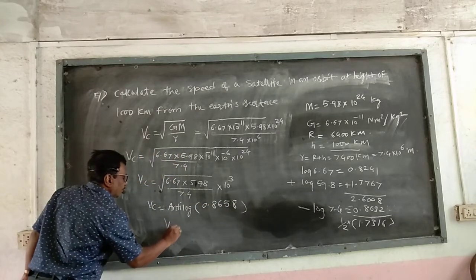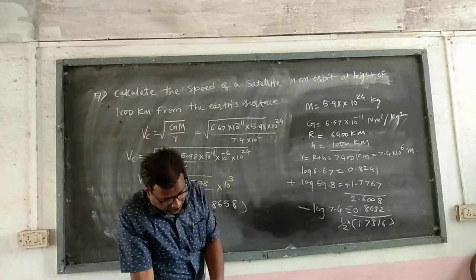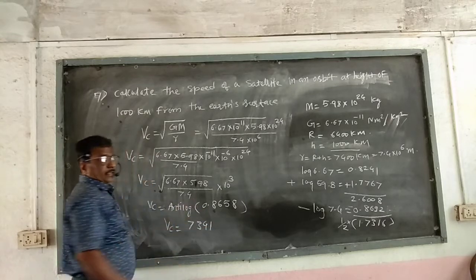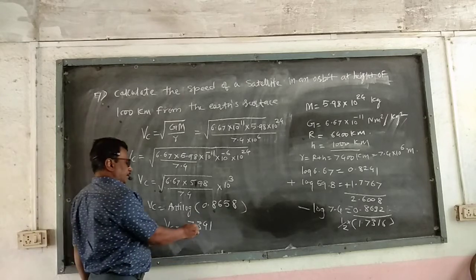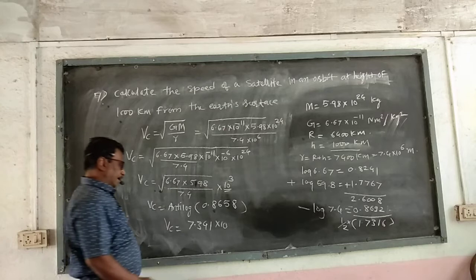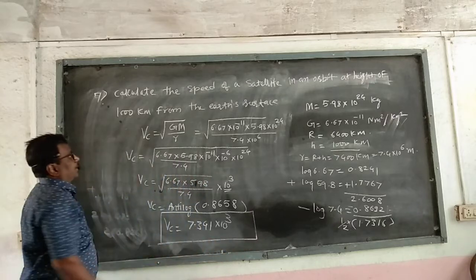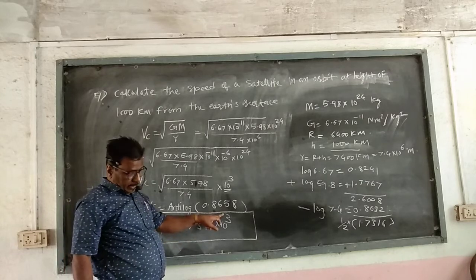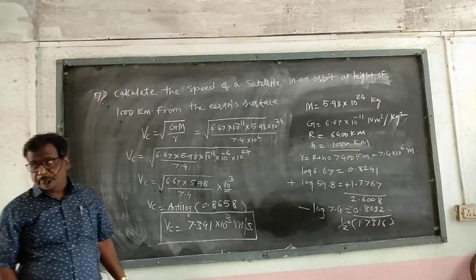तर अँटीलॉग आपण कॅल्क्युलेट करूया. लिहिता VC इक्वल टू 86 अँटीलॉग 5 मध्ये मीन डिफरन्स 8 मध्ये त्याची व्हॅल्यू 7341. कॅरेक्टरिस्टिक 0 आहे. 0 मध्ये 1 ऍड केला, एक नंतर लेफ्ट हँड डेसिमल देऊ आपण, त्याची व्हॅल्यू 7.341 इनटू हा फॅक्टर आपण कॅल्क्युलेशन मध्ये घेतला नाही, इथे लिहिता येईल 10 टू द पॉवर 3. म्हणजे आपल्याला आन्सर मिळेल या ठिकाणी स्पीड किंवा व्हेलॉसिटी ऑफ ए सॅटेलाइट is equal to 7.341 10 to the power 3 meter per second.